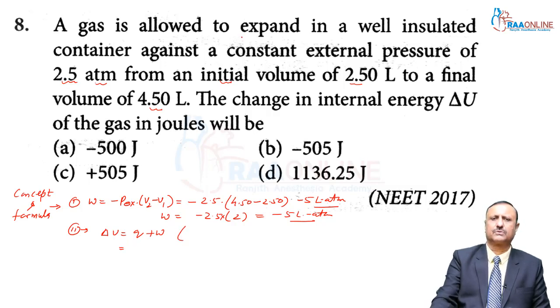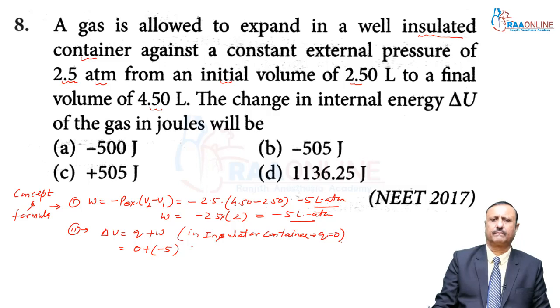Here you can see the question: a gas is allowed to expand in a well insulated container, and you know, in an insulated container heat is not coming out or given to the container. So, my dear students, Q is equal to 0 for an insulated container. So it is 0 plus, and you get minus 5